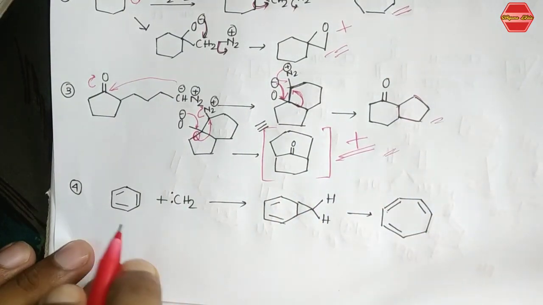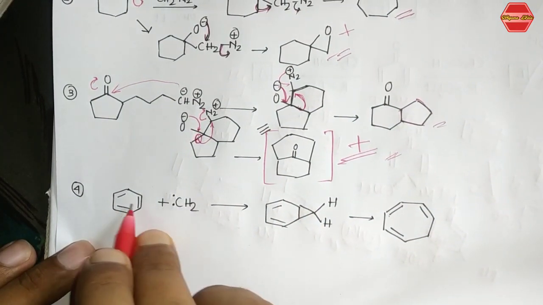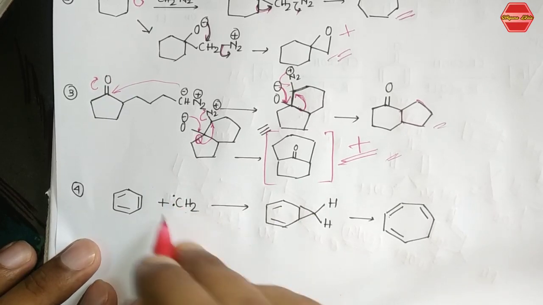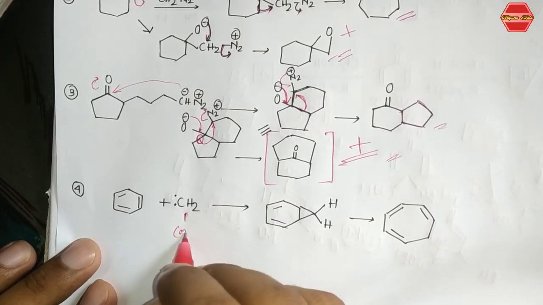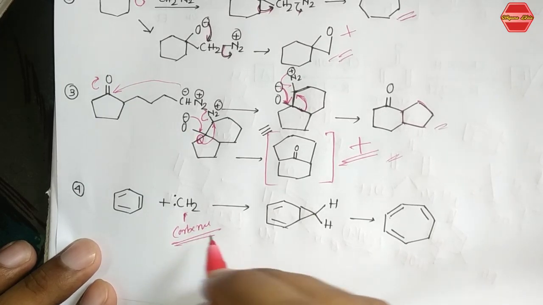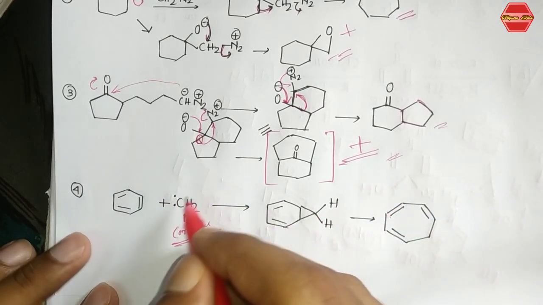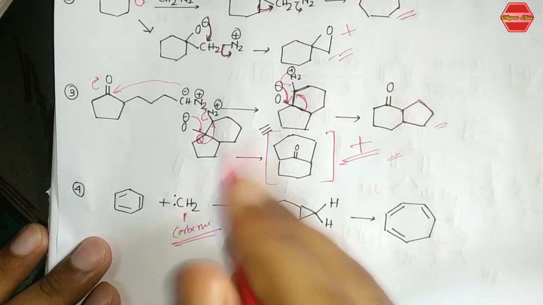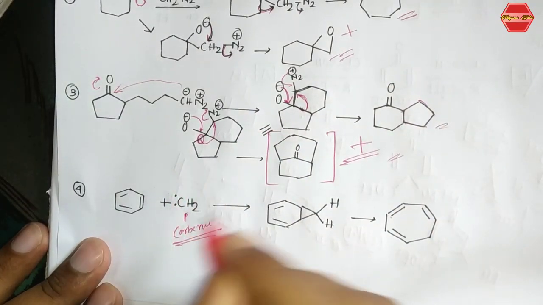So this is important. The next is that you have this CH2 radical, that is your radical. So sorry, not radical, this is a carbene, right? This is your carbene. Now how can you form this carbene? If you use this CH2N2 and H nu, you are getting this carbene. This N2 will basically leave from the system and you are getting this carbene.